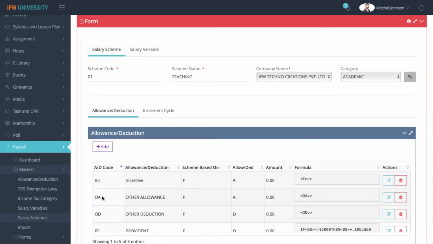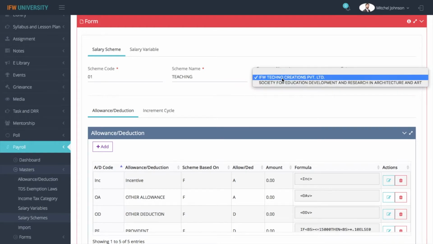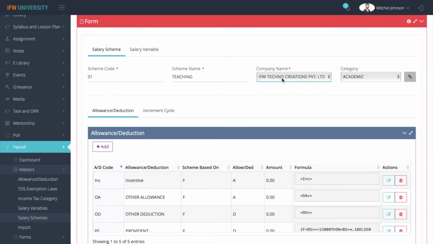Let's have a look at how these formulas are inserted and how the salary variables that have been created are used. Give a salary code, give a salary name. These are the scheme names that are to be given. Select the company through which this salary will be paid and the category, whether it is for academics, for administration,